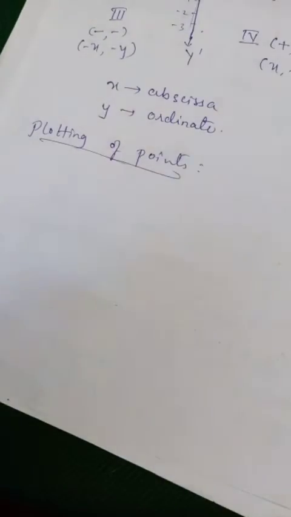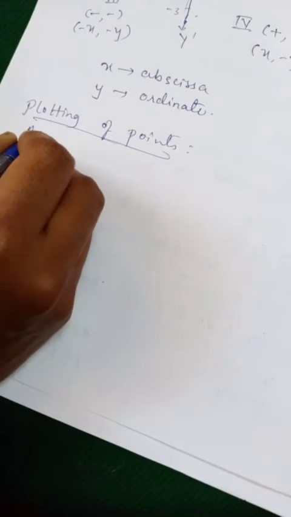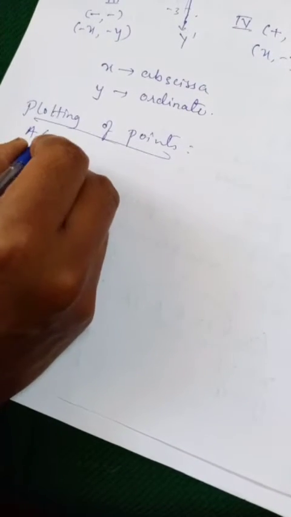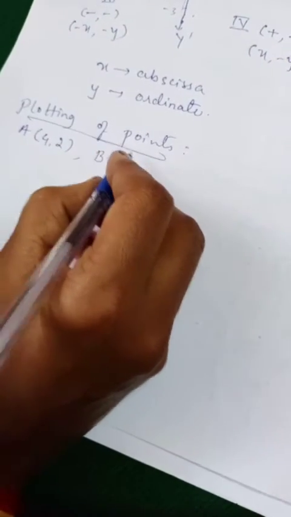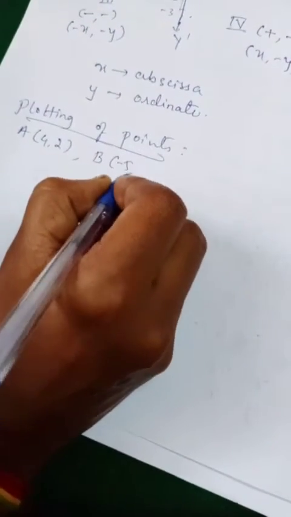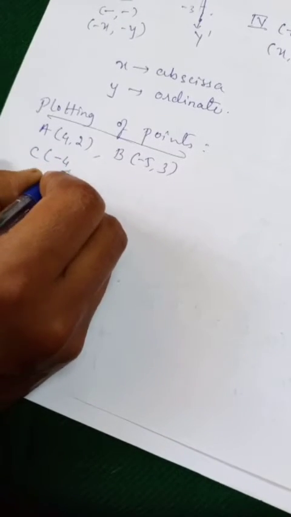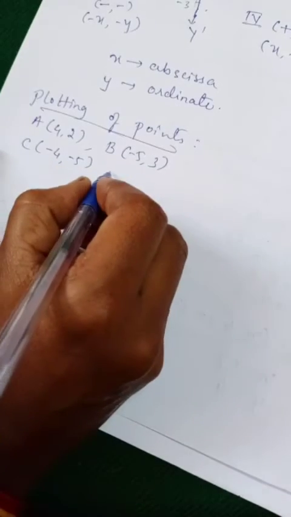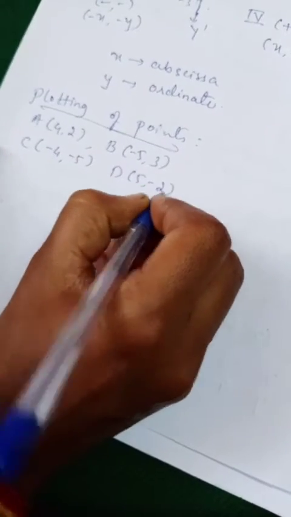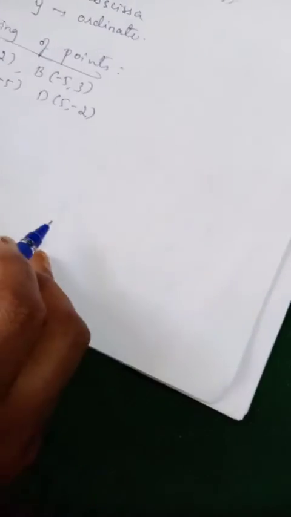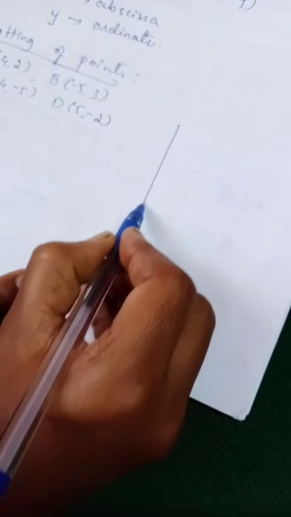Suppose A has the point 4, 2, then B is minus 5, 3, C is minus 4, minus 5, and D is 5 and minus 2. So you have to plot all these 4 points A, B, C, D on